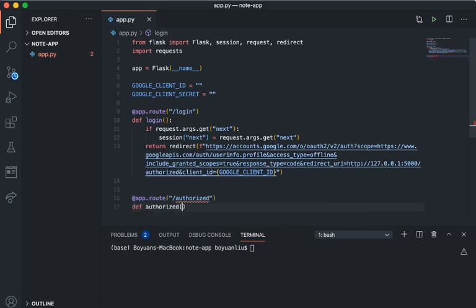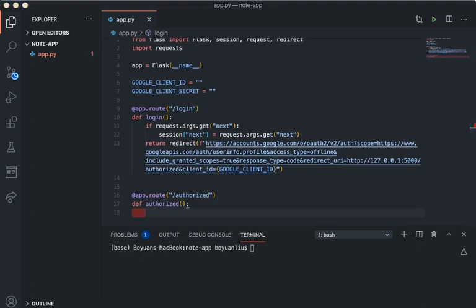And then in here, we will go ahead and add something. After the Google prompt redirects back to here, it's actually going to provide a code that we can get a token from. We can get an access token, and you can use the token to access different APIs with the user's information. So in here, what we could do is something like this: define authorized, and in here,